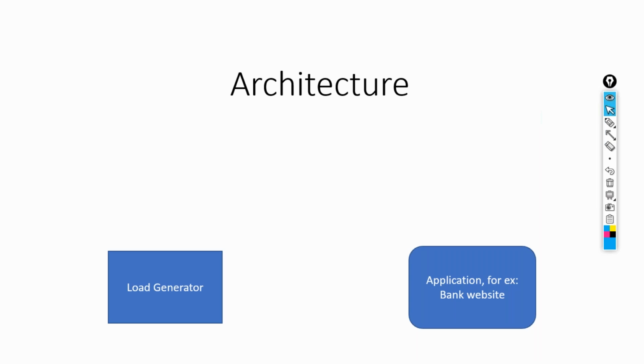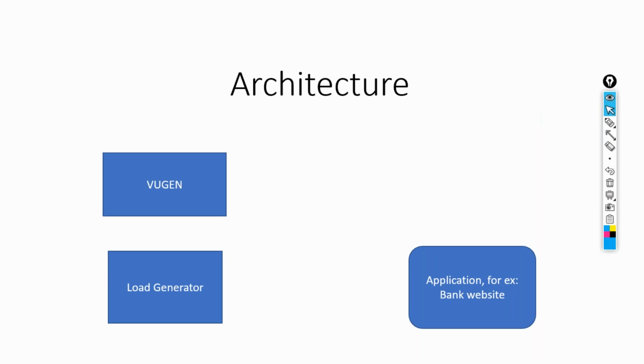Now we need to have some scripts ready so that these users can go and execute. The users are ready. Now we need some scripts, like how we recorded and generated a script earlier, so that we can execute and find out how the application is responding. The component which helps us in making our scripts ready or recording our scripts is called Vusion. The component we saw a few minutes ago, where we launched and recorded the script, that component itself is called Vusion. It is responsible for generating the scripts.